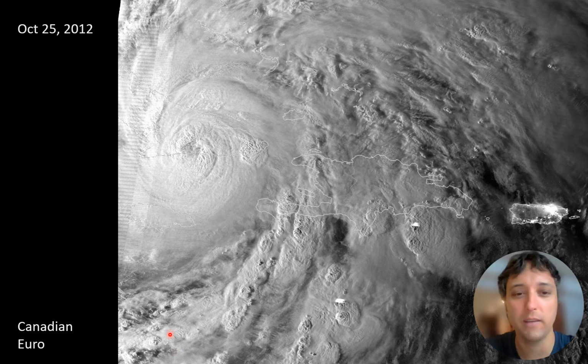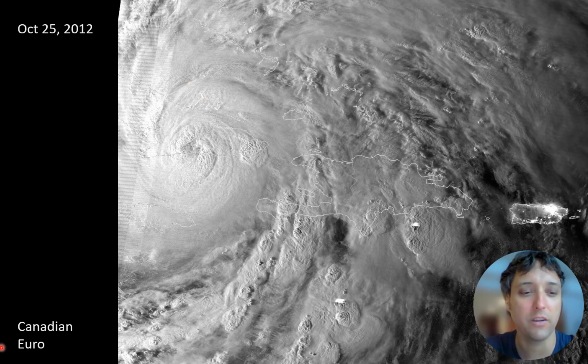Over the next couple days, the storm moved fairly steadily northward, gaining in strength, gaining in organization. It was at a Category 2 or low-end Category 3 intensity. A couple days later, when it crossed Cuba, they officially upgraded it to a Category 3 at the end of season analysis, making it a major hurricane at that time.